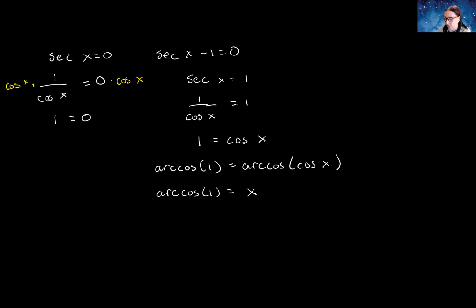So we'll pull out our calculator for this. And so you're just taking the inverse cosine of 1 and you get 0. You're going to get 0 whether you're in radians or degrees. So you get 0 is equal to x. So that would be 0 radians or 0 degrees. So we go to our unit circle,